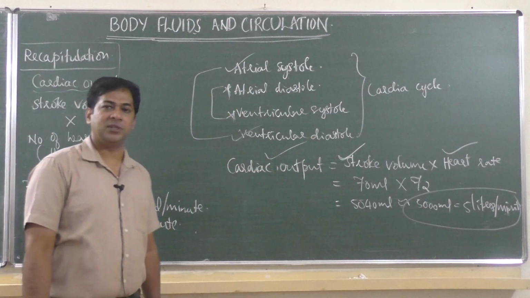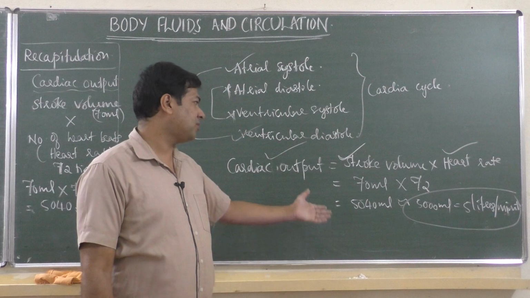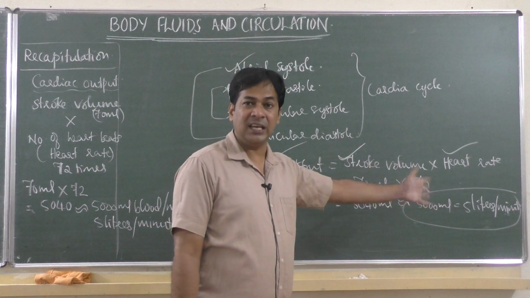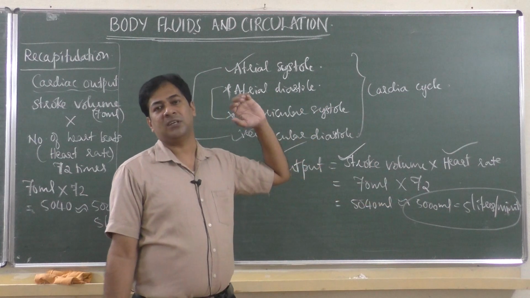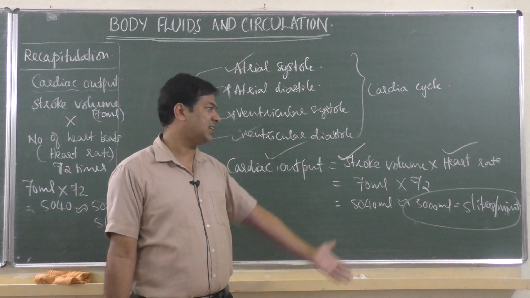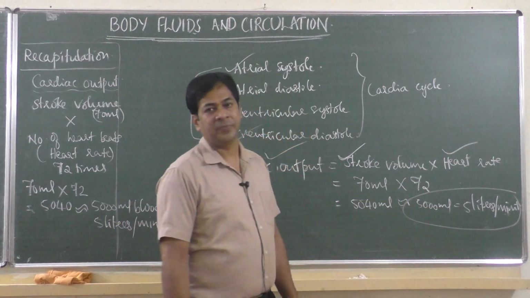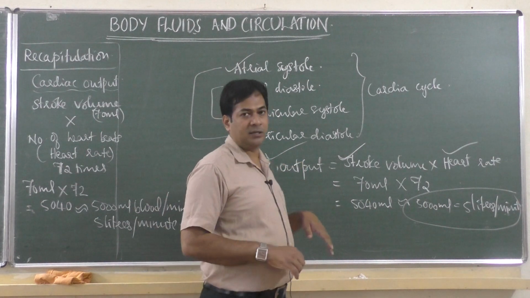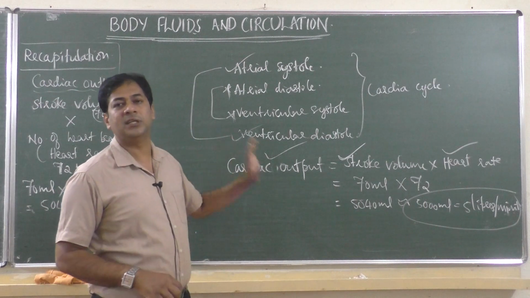Normally in a healthy person, when he is not doing any vigorous physical activities, the volume of cardiac output is 5 liters. But we have the ability to increase this by doing physical exercise. When we are doing vigorous physical exercise or gymming or jogging or running or any physical activities, then cardiac output increases. The volume will be more than this, because breathing rate increases, heartbeat increases, then more and more blood will be pumped by the heart. So the volume of blood pumped by the ventricle increases. That is how cardiac output also increases.